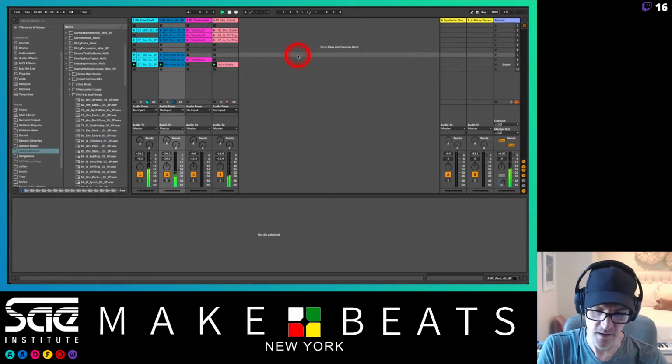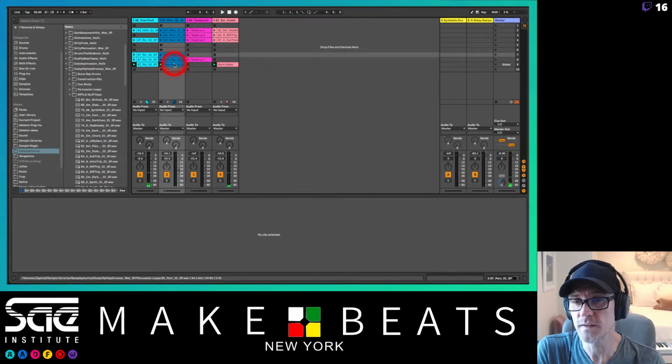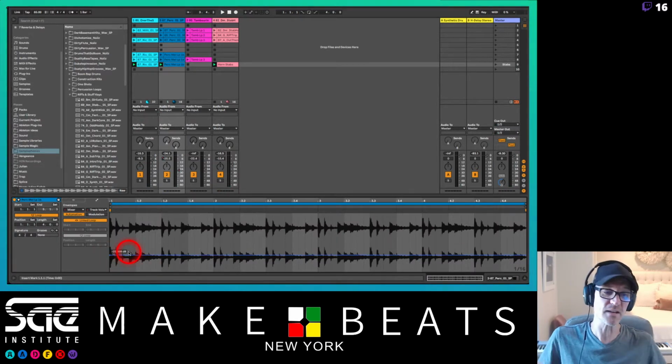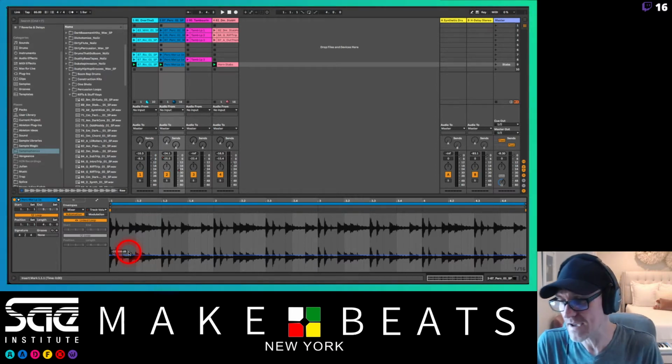Yeah, let's put it at minus 25 actually. So I can just say, cool, this is the level I want it at. So I'm going to go into here and I'm just going to put a dot right here because the automation is at this level. And this is a really big difference between Pro Tools and Ableton Live,